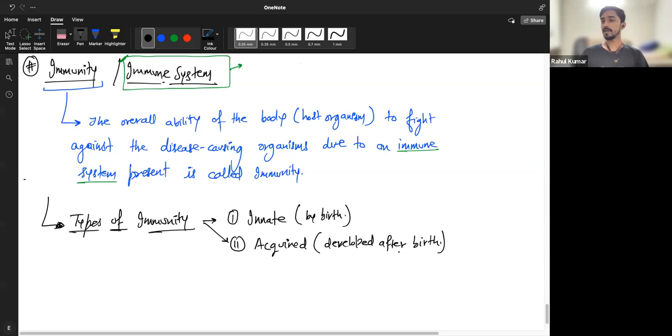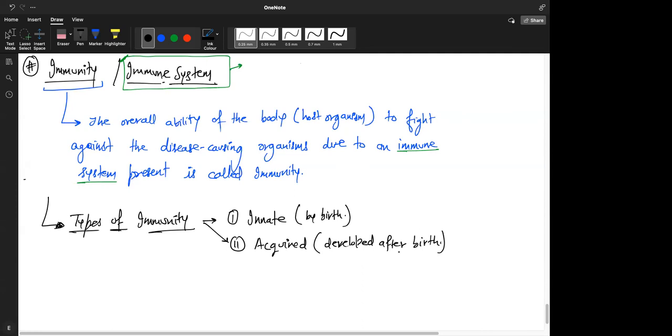But yes, if you survive your first encounter, you have better chances to not die in the second encounter. Can you tell me why? From the same pathogen, given that the pathogen is the same, not mutated. Can you tell me why is that? We now learn how to beat the same pathogen.